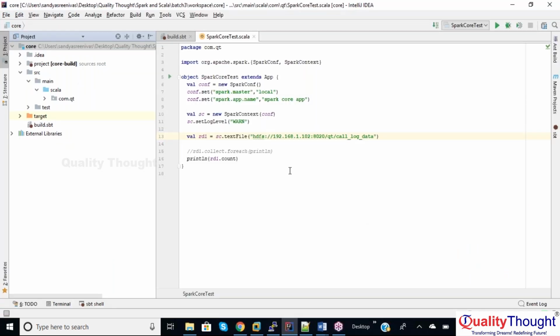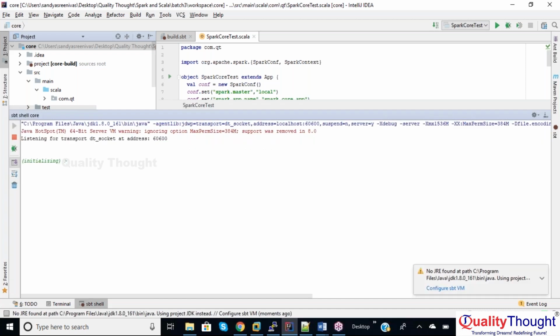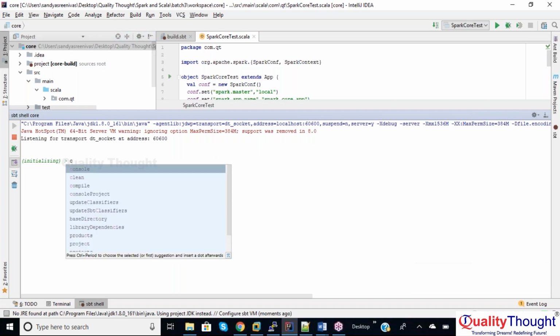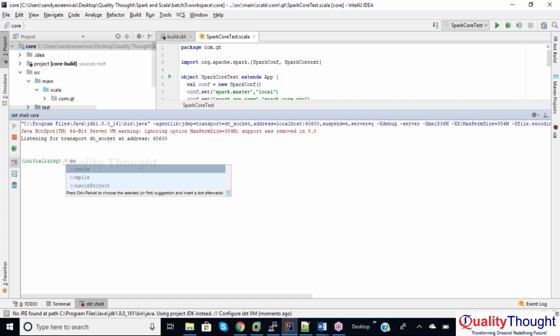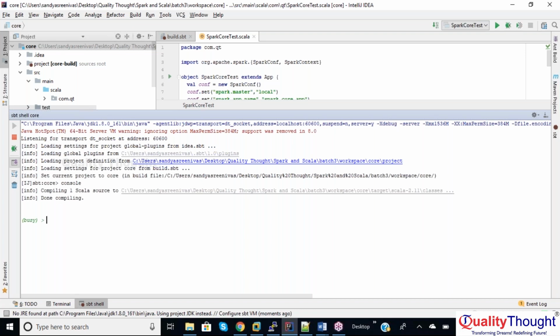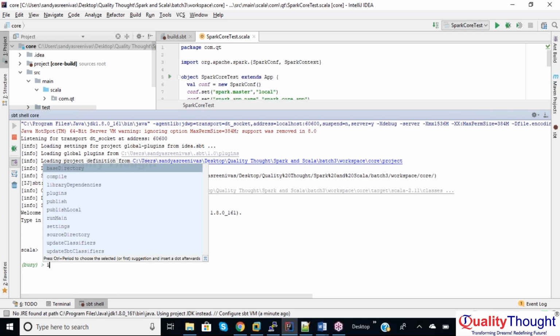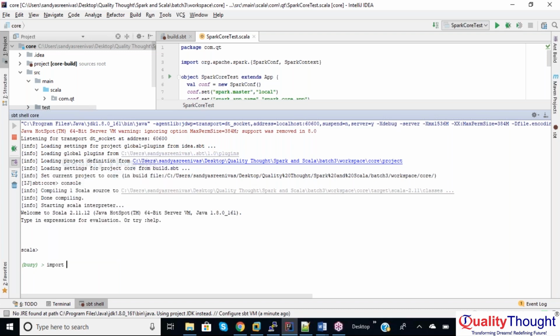Let's open the SBT shell. Let's start the Scala SBT shell by typing the console command. So it is started. Next, import the package: import org.apache.spark._